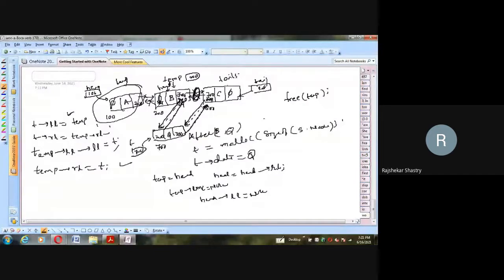How we can delete the last: temp arrow left link should be null. Okay, but before that, we need to bring null here. So temp arrow left link, arrow right link is first of all null. So temp arrow, not temp, tail arrow. But before that, temp is equal to tail also has to be said, because first this is going to be deleted, as the memory has to be deleted. And then temp arrow left link arrow right link is equal to null. So here you have null here, this null.